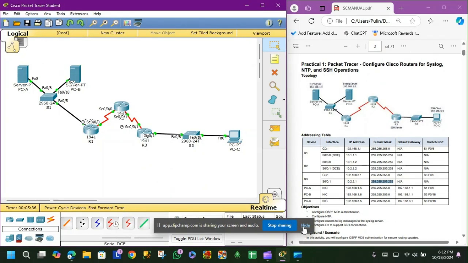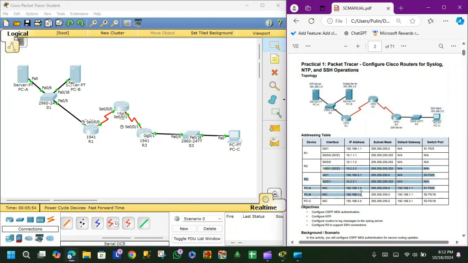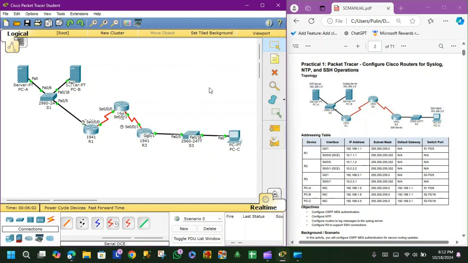Hello everybody. So we'll be doing part two of the next practical in INS. That is Cisco Packet Tracer ka NTP ka jo hai, you know. So for the people who don't know, what you have to do is basically draw this entire diagram. This diagram and this chart will be given to you in the examination, and the objectives will be given over here. So basically, you have to draw this chart, fill in all the IP addresses, connect all the wires, and